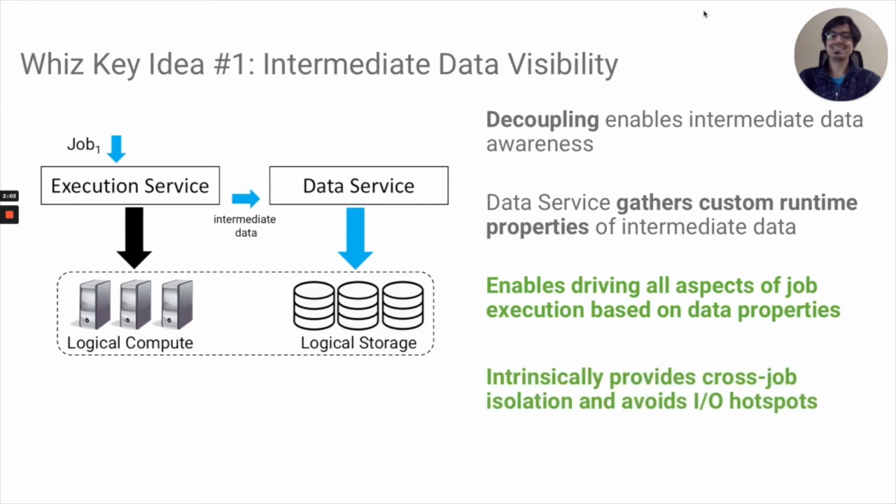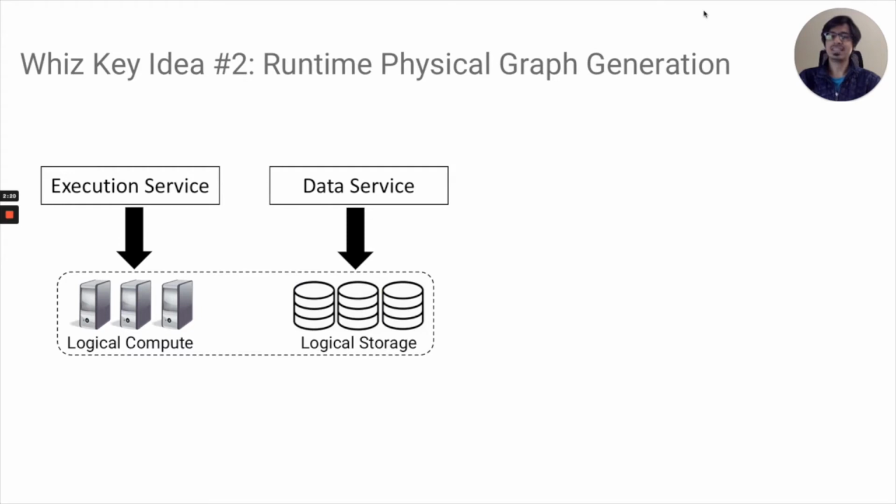Moreover, it intrinsically provides cross-job storage isolation and avoids I/O hotspots. For example, consider another job submitted. In this case, the data service can enforce cross-job policies as it manages intermediate data across all jobs. Building on this data visibility,